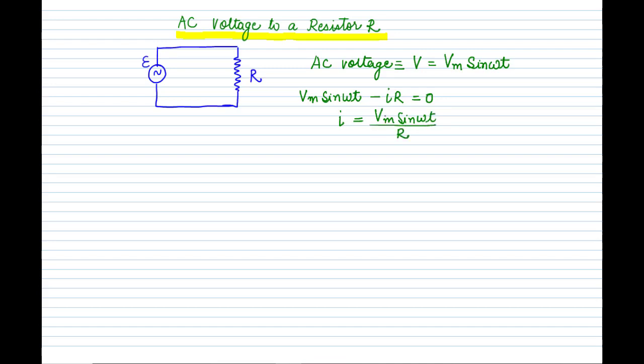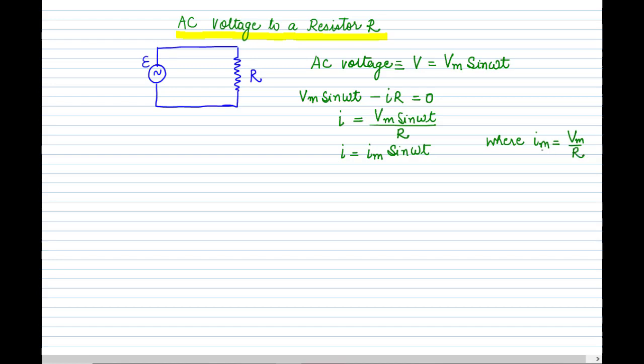This is simply I is equal to V upon R, Ohm's law, but this voltage is AC voltage, so Vm sine omega t upon R. Now this quantity Vm upon R we can write down as the maximum current, Im sine omega t, where this Im is equal to Vm upon R. We have substituted this maximum voltage upon R as the maximum current. So I is equal to Im sine omega t. So this is again Ohm's law, I is equal to V upon R or V is equal to IR. So this is simply Ohm's law.